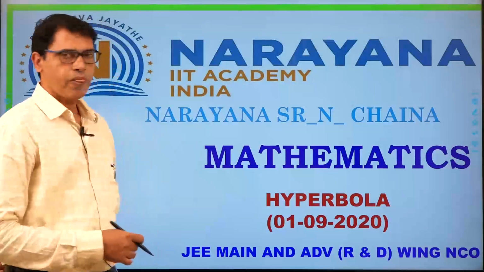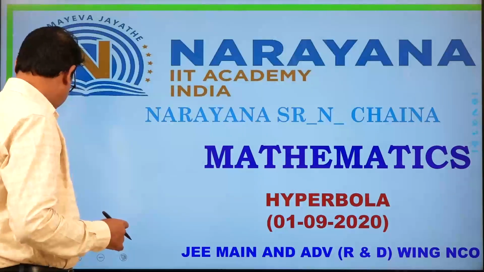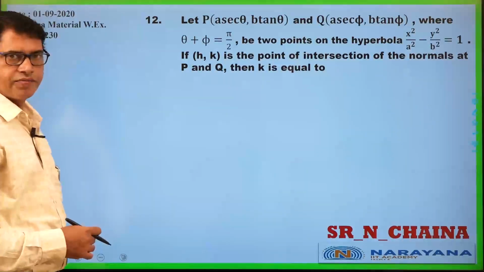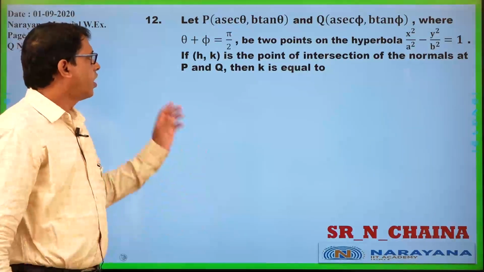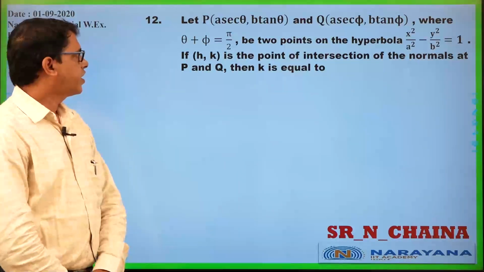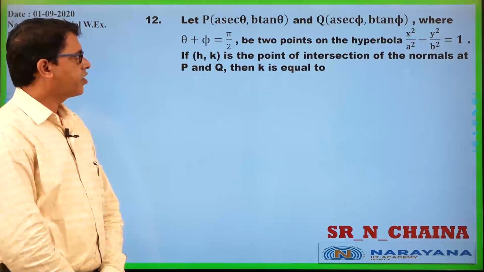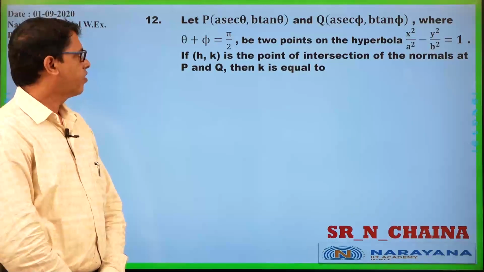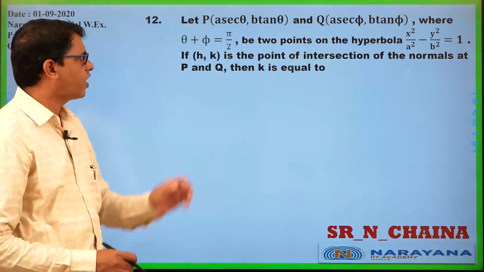Now let us go to the problems. Take down question number 1. Look at the question. Let P of a secant theta comma b tan theta and Q of a secant phi comma b tan phi, where the condition is that theta plus phi equals pi by 2,